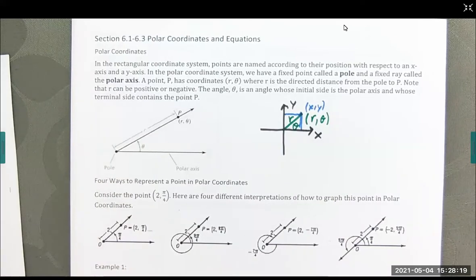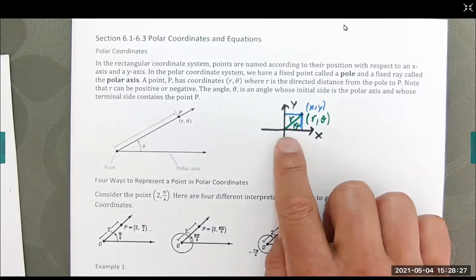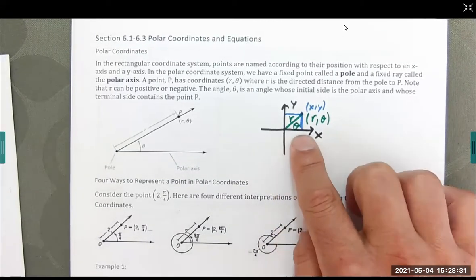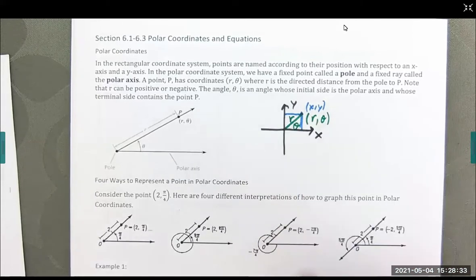Now, the interesting thing is that there are many ways to represent the same point in polar coordinates. Unlike Cartesian coordinates, where we have, how far from the origin do we go in the x direction, and how far in the y direction do we go from there. So there are several ways, and we have our first polar